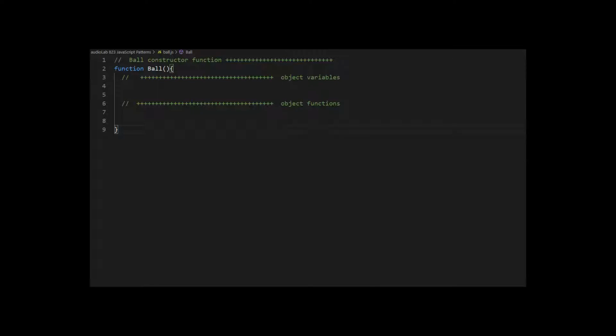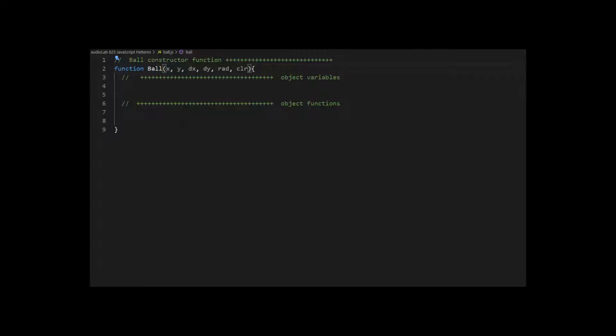So first of all, we have to figure out what a ball needs to know about itself. And so I'm just going to plop some parameters in here. I'm going to say x and y, that's the x and y location of the ball. dx and dy is going to be the difference in x speed and y speed. So we think of dx as x speed and dy as y speed, the radius and the color. And then all we need to do is